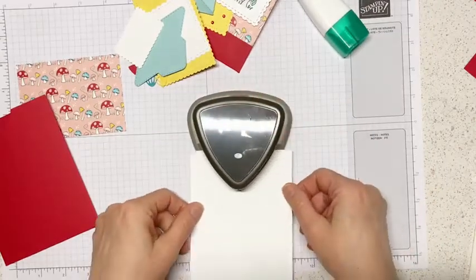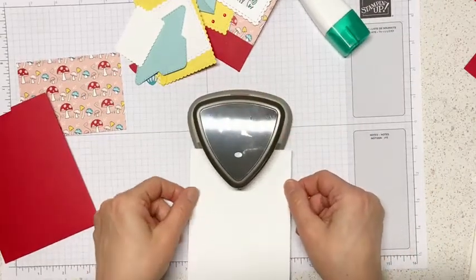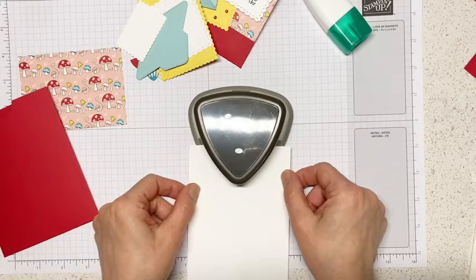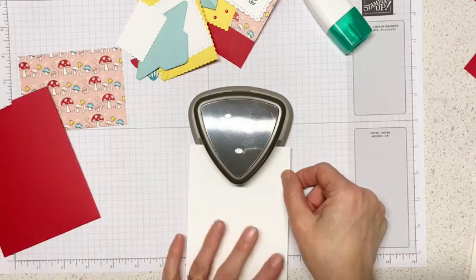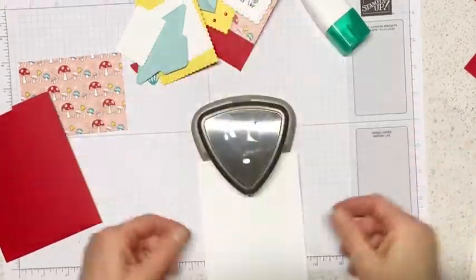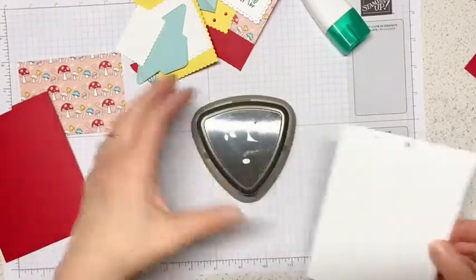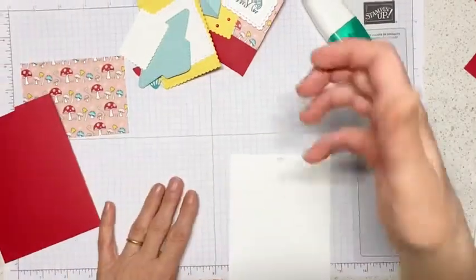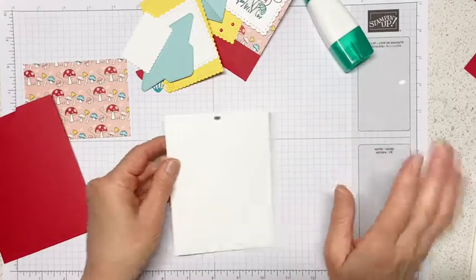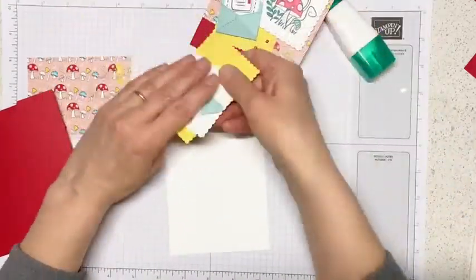So I'm going to layer it here, looking at the sides, trying to make it in the middle and punch. So I have my circle there. You can use any handheld punch that you have to create a hole. That's it. Then you're going to take your little mushrooms